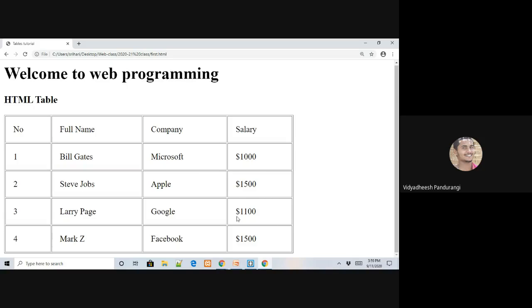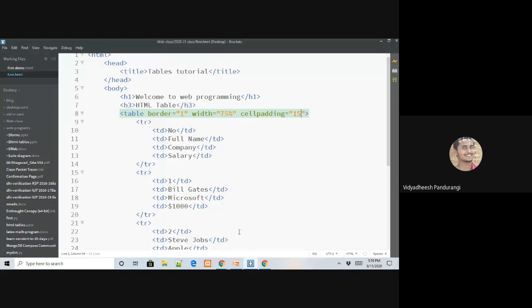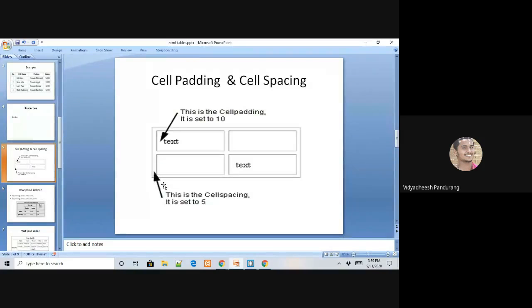That can be provided using cell spacing. The distance between the outer border and the inner cell is the cell spacing. Make a note of this.